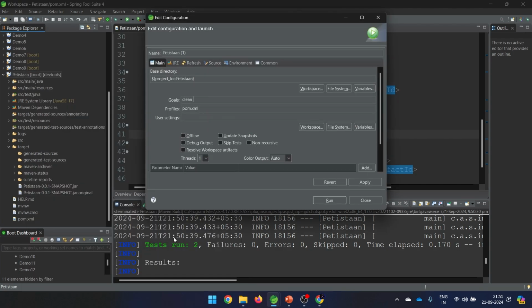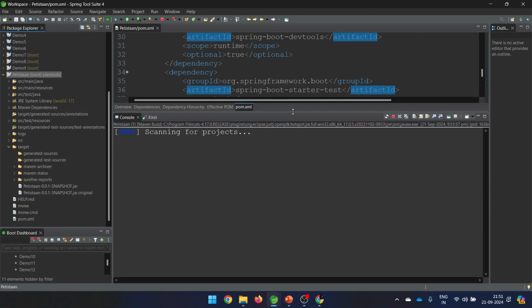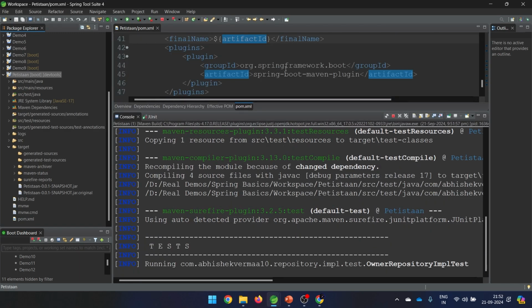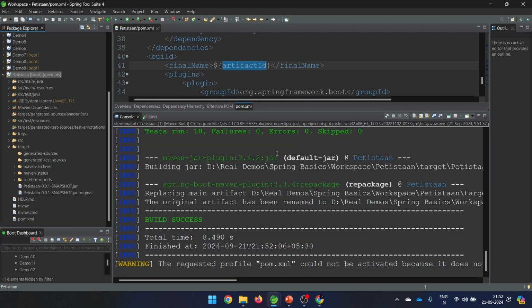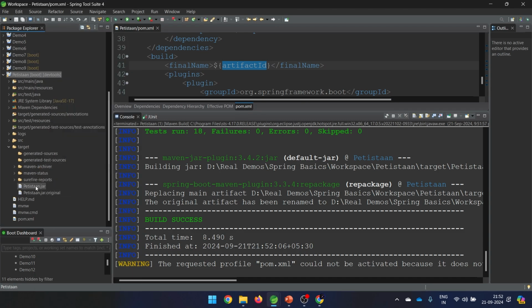So now if I do clean package, yeah, that was the correct spelling. Let's do it again. It's running again. I'm not sure whether it will be able to quickly find it or not. I'm assuming it should be able to find. Yeah, it was able to find. Let me just refresh it. On refreshing, you see now it is showing a simple name as pakistan.jar,